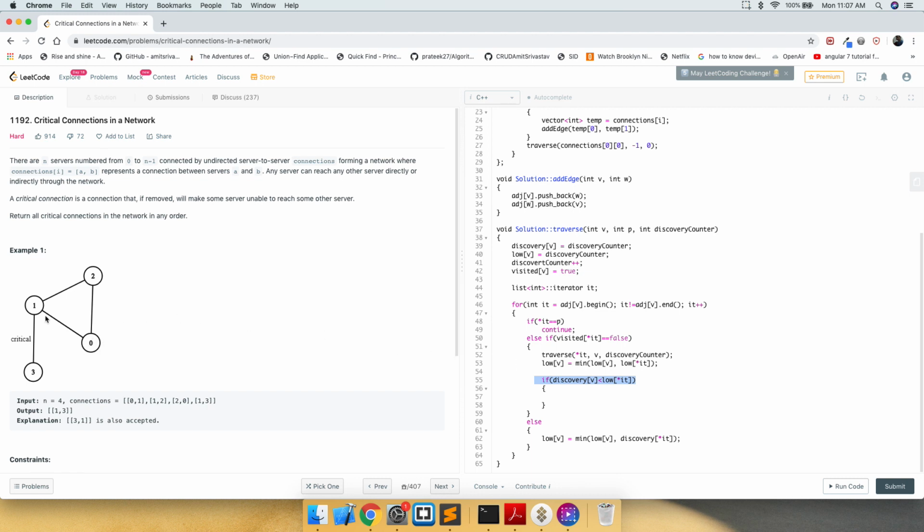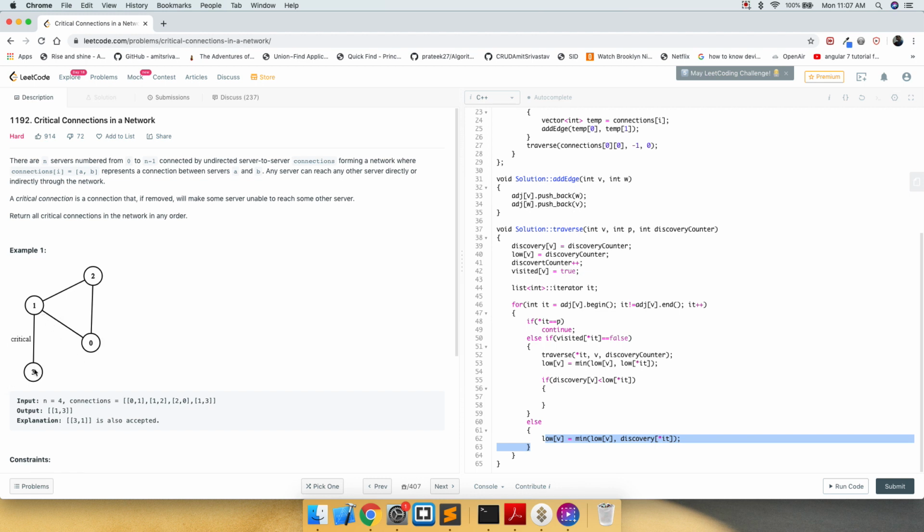So when 1 iterates through the list and finds a connection between 1 and 0, it updates its low value with the discovery time of 0, which is going to be 0. So 1 has a discovery time of 2, but the low time for 1 becomes 0. That is how we know that 1 and 0 is not a critical connection, or 1 or 2 is not a critical connection, because there is another way we can reach 1 through 0.